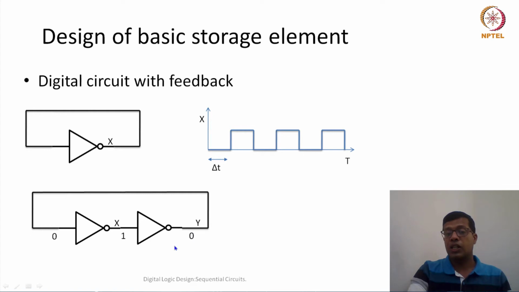So this particular circuit, a pair of two inverters, is able to store this 0 as long as power is there. Similarly, if somehow we are initially able to say that the circuit needs to store 1 here as the output, or in this particular wire 1 should be stored, then the same circuit would do good, but somehow we have to initialize it so that the output is 1. If it is 1, then the circuit has the capability to remember it as 1.